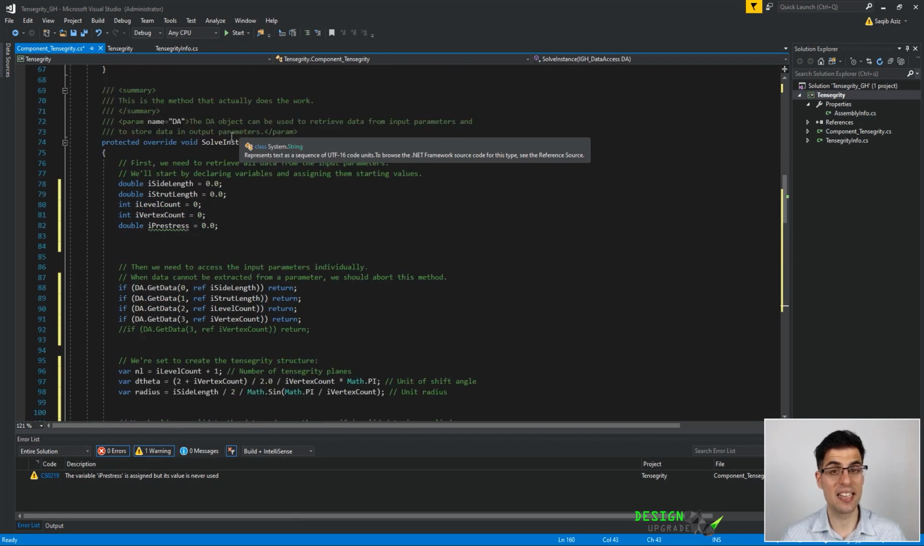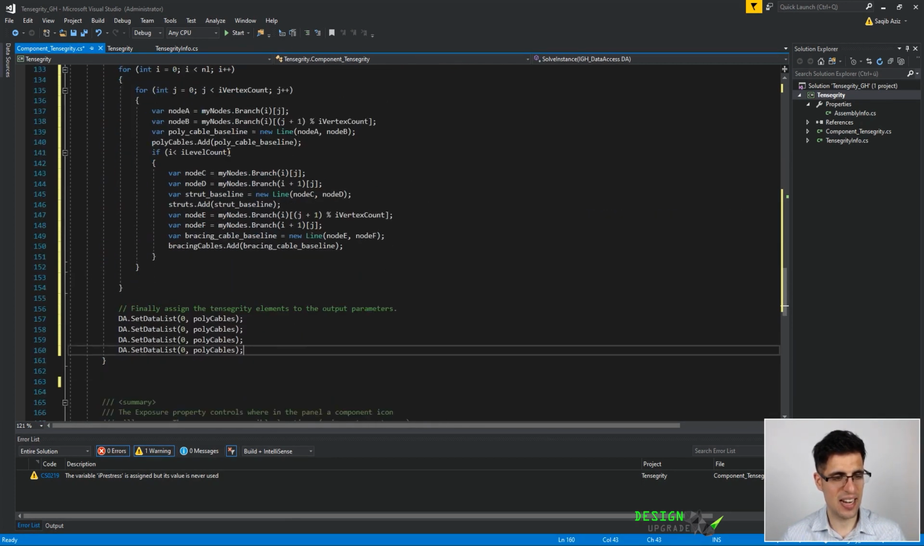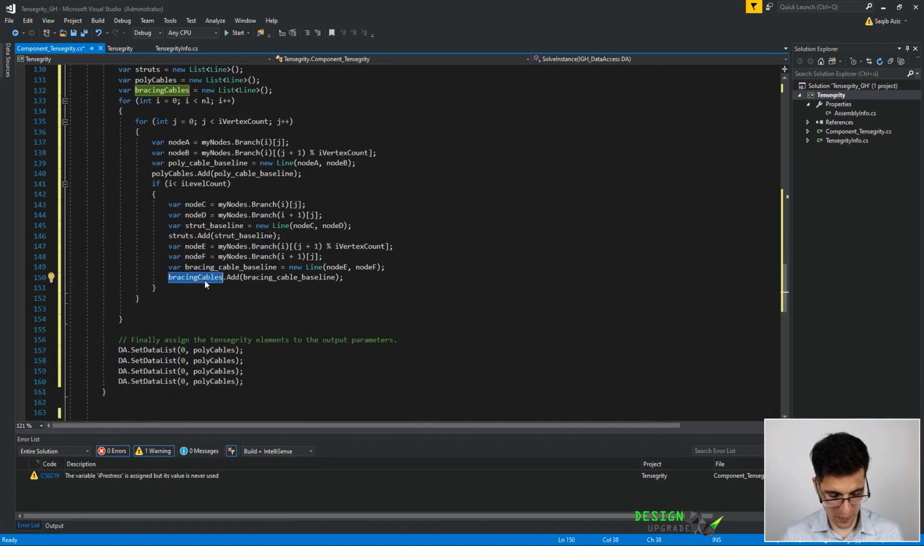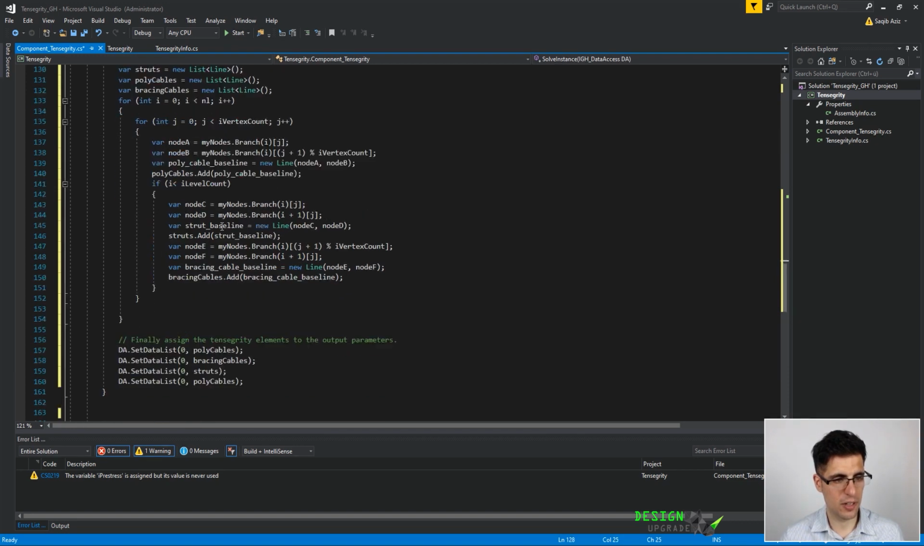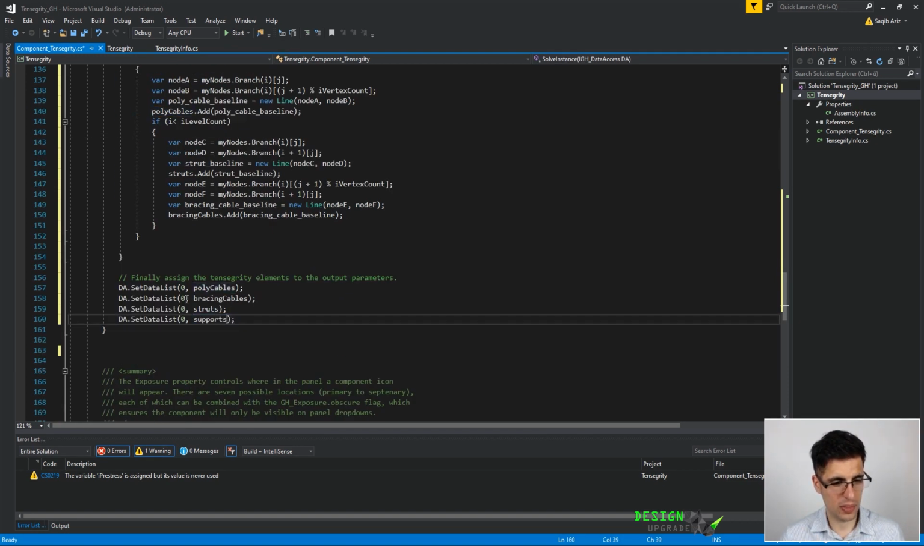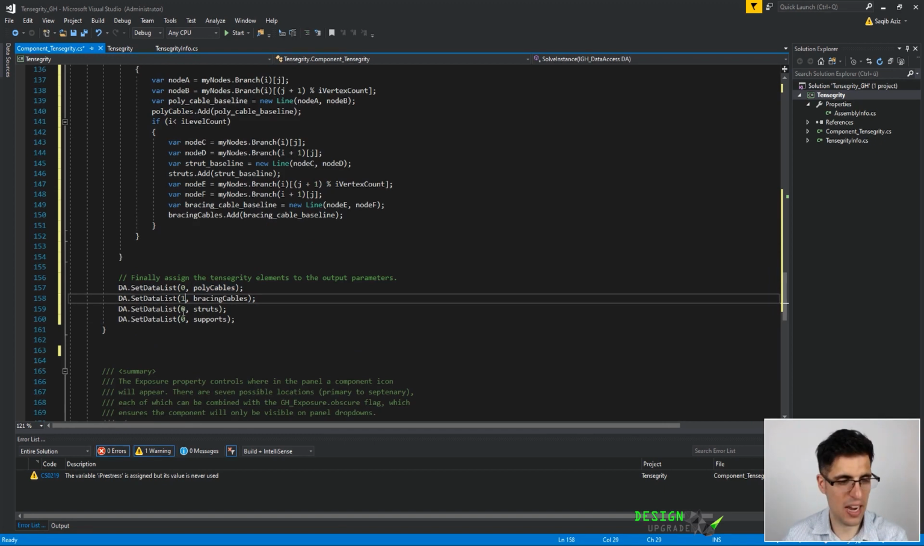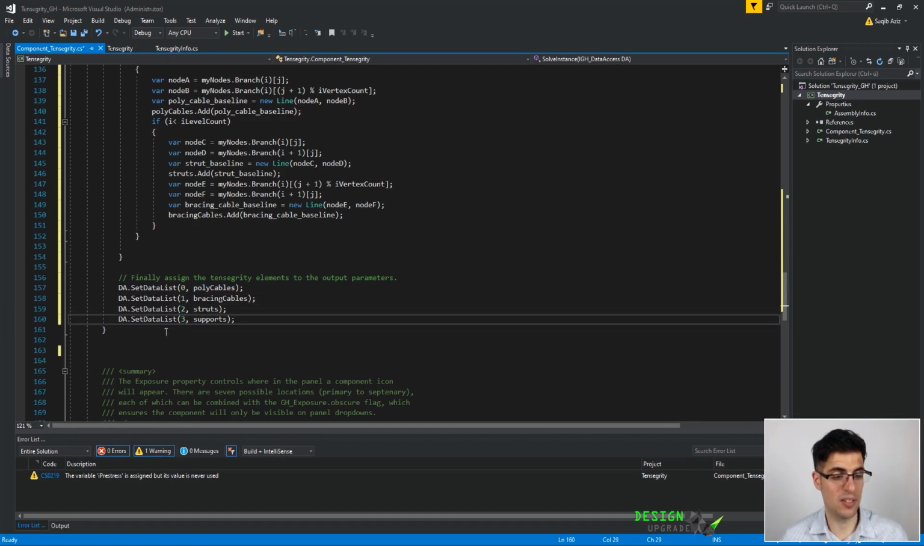Right, in that order. So let's assign those variables to those output parameters. So bracing cables, struts, and supports. Here you are. And of course we have to use the right index. And we have seen that we now have these possibilities to deal with, let's say, list